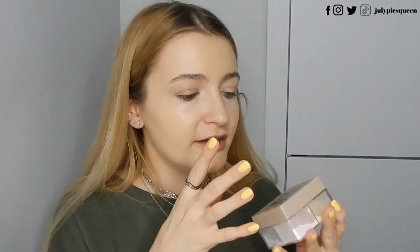It's so cheap, and it's the version you can find in the UK of my favorite powder. However, when I went to Romania, I found this brand called Wibo, and this powder was on offer. I think it was like a tenner, and I found it for maybe 6 quid on offer. And I was like, let's try it, because the only thing that intrigued me is it has 4 sections of